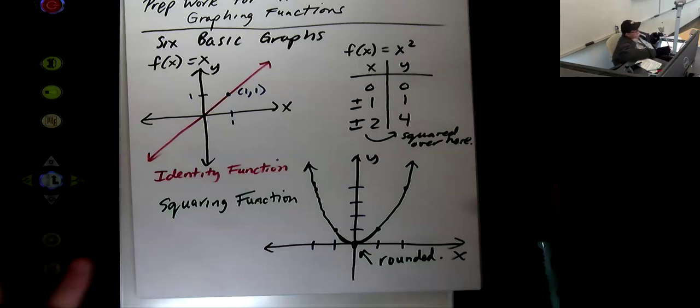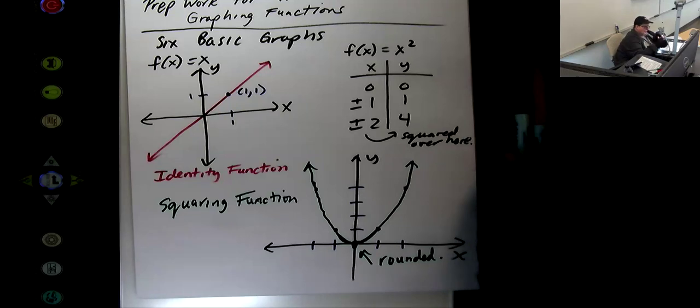I think the identity is easy to remember, it's the diagonal. As long as you know 1, 2, and 3 squared, f of x equals x squared is really easy too. You just go left or right and you go up the same amount. And so